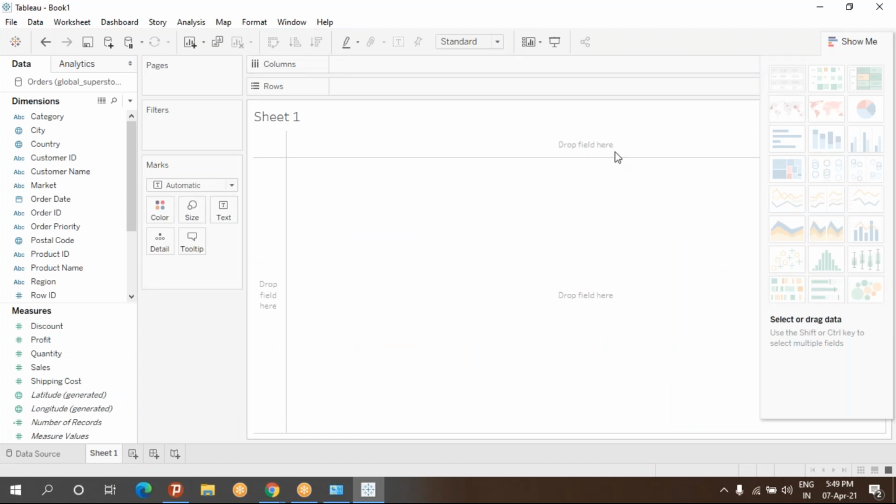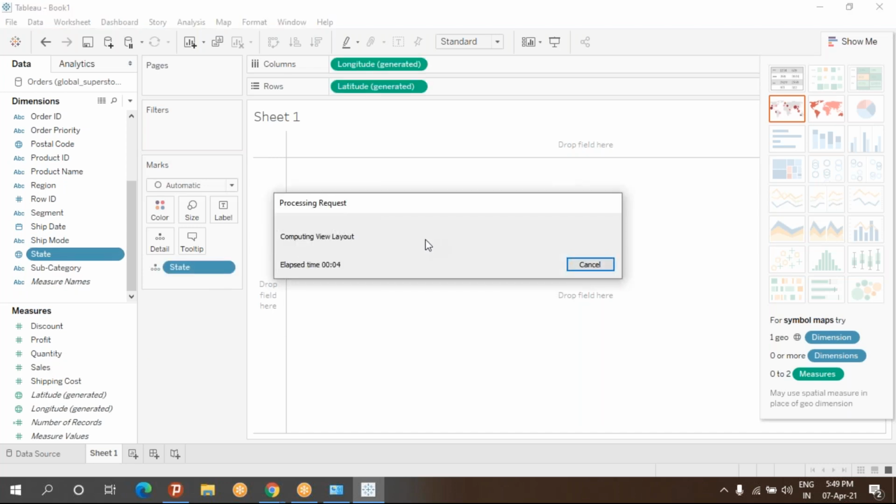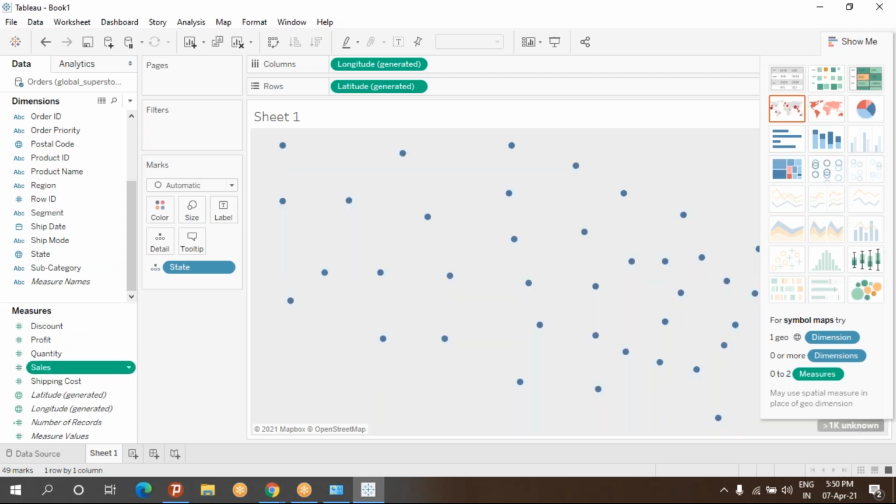Now we have to check it, because there are some issues with other versions where the map will not load. That we have to check here. I've checked already, and I've sent you a working one only. State, based on sales. It's working fine now.